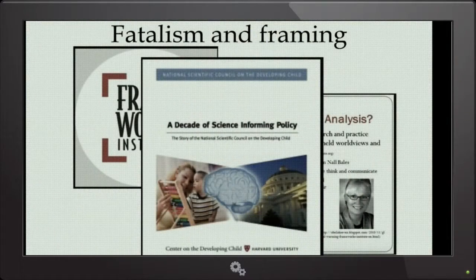is very prominent in the pro-neuroscience and policy literature, and has been used to argue for the importance of funding early childhood programs and parent training. The Frameworks Institute, it's a communication sciences program, and they basically help political and social causes find the right language to frame their agendas in a way that will evoke a more friendly, agreeable response from the public.